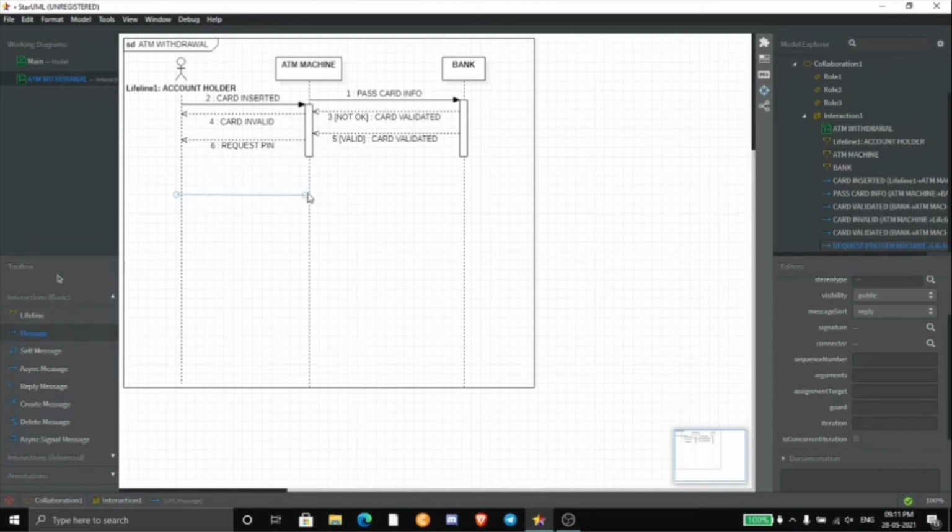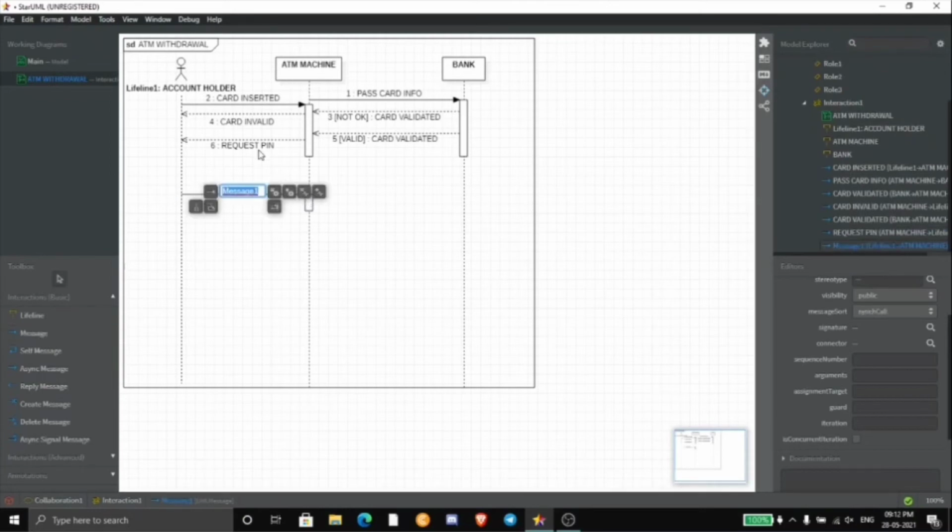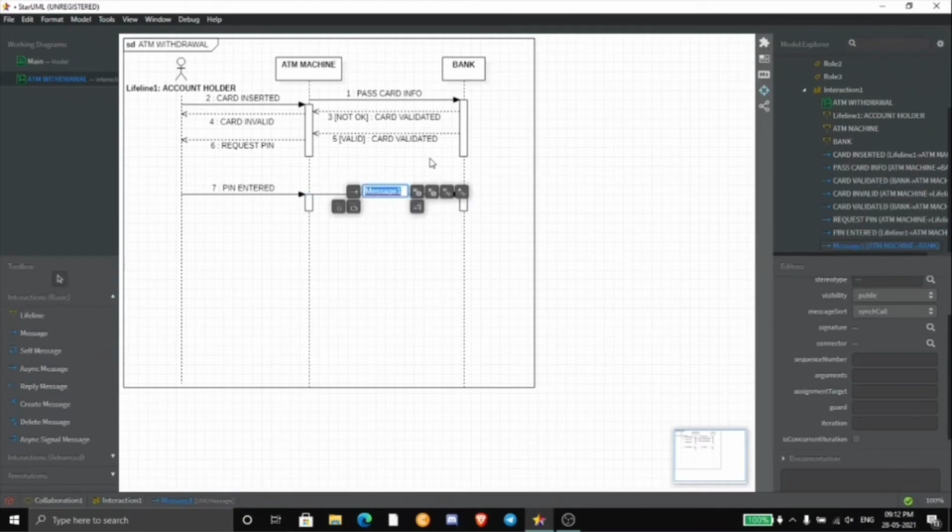Again this process continues, and the account holder will send a message called pin entered. In the same way, the ATM machine will send a message to the bank asking for the pin info.